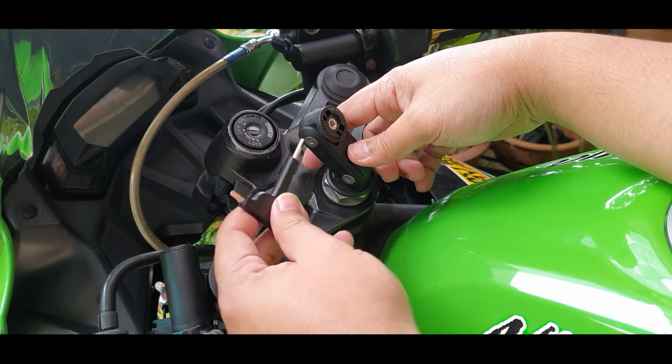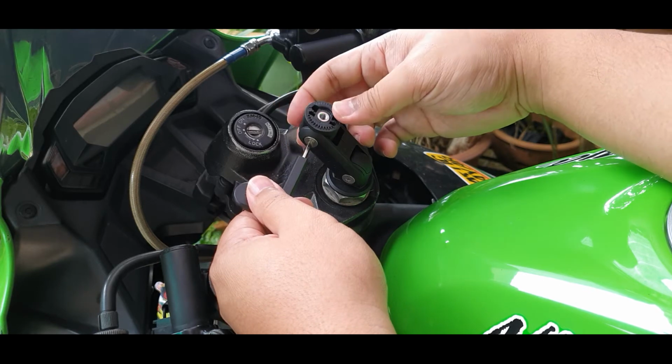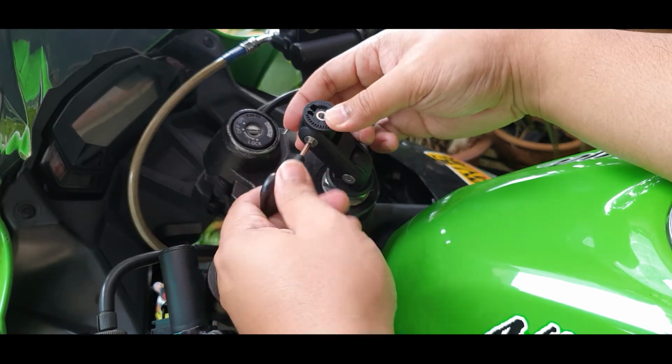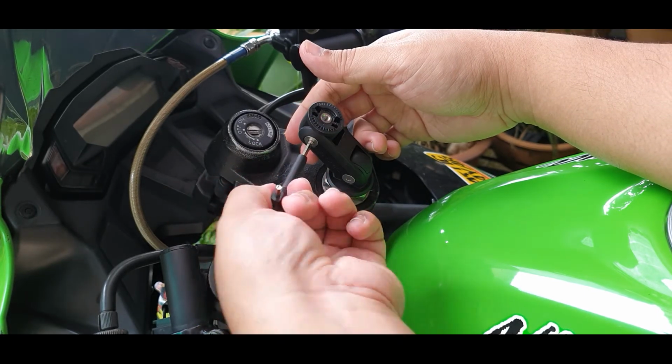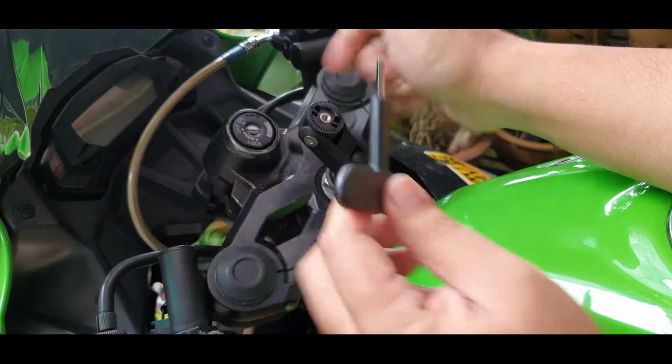Alright, that's good. Now I'm gonna loosen this part so that I can adjust it to where I want it. Maybe around here. Alright, then I'm gonna lock that down just enough. Finger tight. Alright,